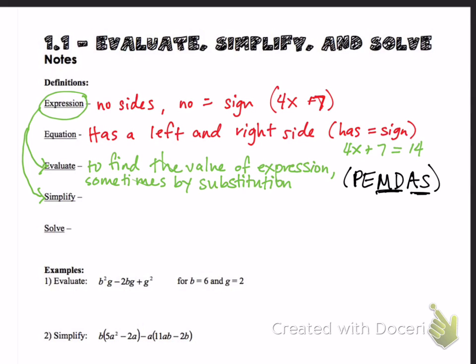You could also simplify an expression. That is just the process of reducing to a simpler form, to the most simple form. That means you're combining like terms. You're putting all of the variables that go together, all the x's together, all the y's, all the numbers, things like that. And then if you have an equation,